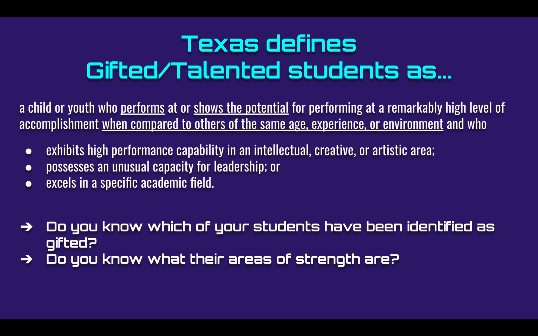So as you're working through the course, be thinking about those kids. Which of your kids is gifted identified? Which of your kids do you suspect might be gifted but doesn't have that little G next to their name? Which are the kids that you just think are ready to move on, or which are the kids that are just ready for more challenge? This stuff is for them. And then be thinking, as you're selecting a topic to work with, do you know what their areas of strength are? Do you know what their weaknesses are? What kinds of stuff do they like doing? What kinds of stuff do they not like doing? We really want to tailor our instruction as much as possible to those wants and needs.